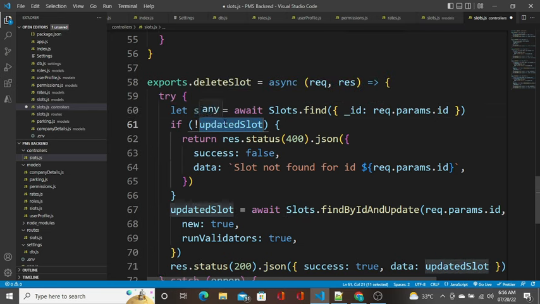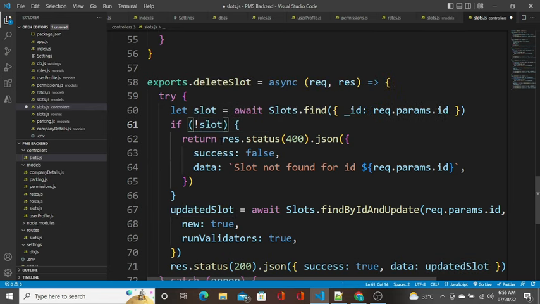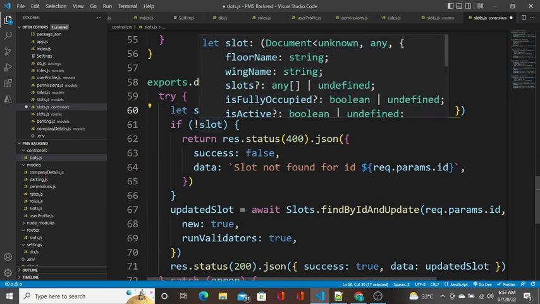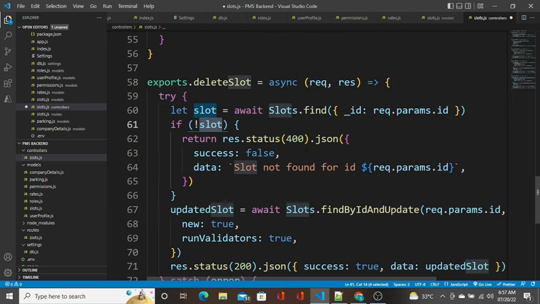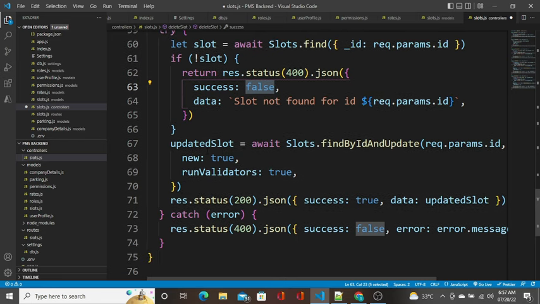And if not slot, right? I already explained this. For this particular ID there is no slot. If this model is not able to fetch the data for this particular ID, if the slot is not found, we are going to send this message to the user with the status 400, with success false. And if it is found, what we can do is, I'll say slot equal to